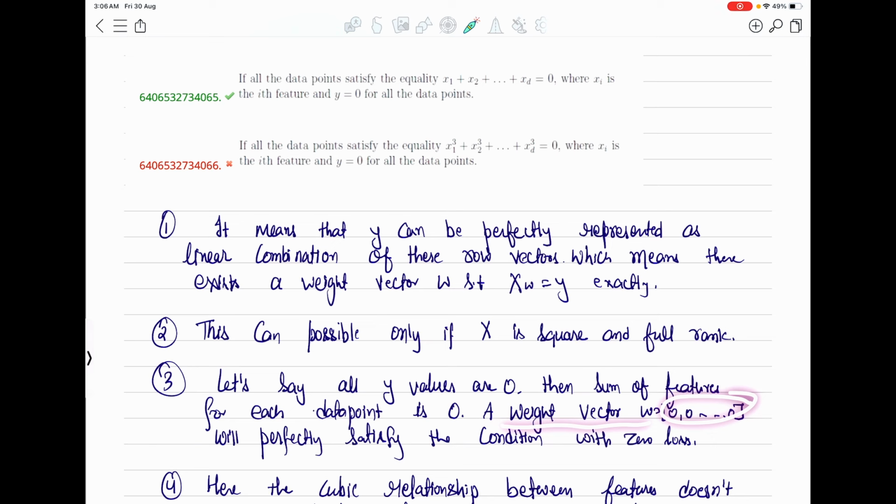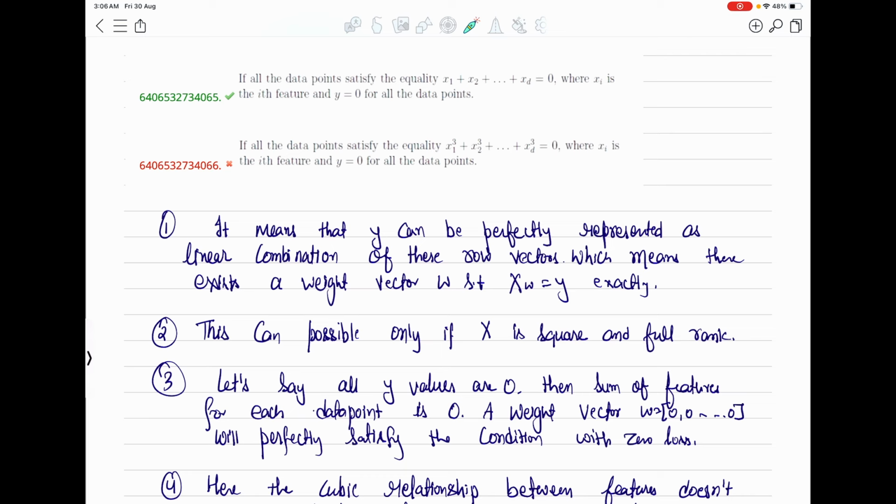A weight vector w equal to 0, 0, 0, that is a zero vector, will perfectly satisfy the condition with 0 loss. Correct? So the zero weight vector will perfectly satisfy this condition. That is x1 plus x2 plus up to xd, the sum of all these will be equal to 0,